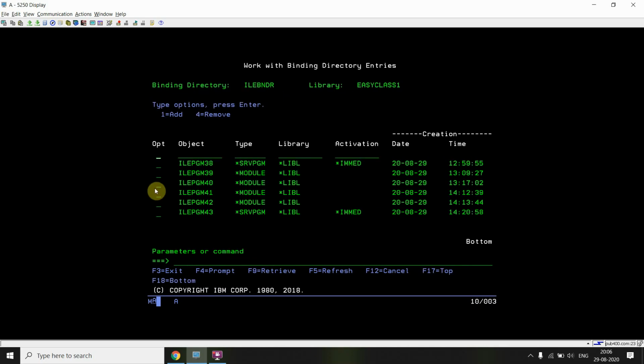You can see that I have already added ILE PGM 41 and 42 because I was calling the modules. If I would not be using that, I would simply add this service program, which will fulfill my needs. I don't need to add these two modules now, because I am adding the service program, which indirectly adds those modules.